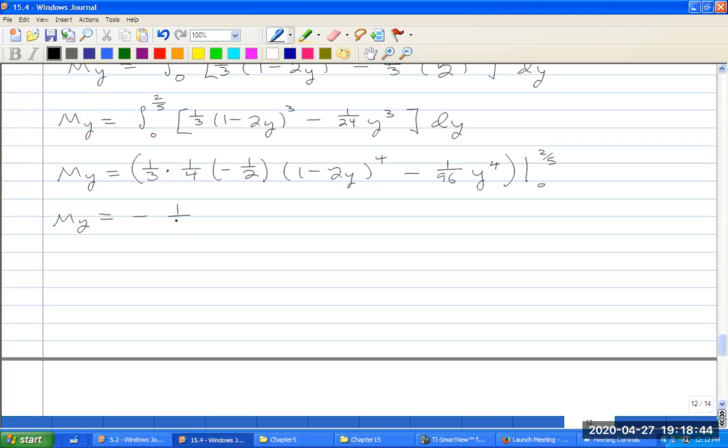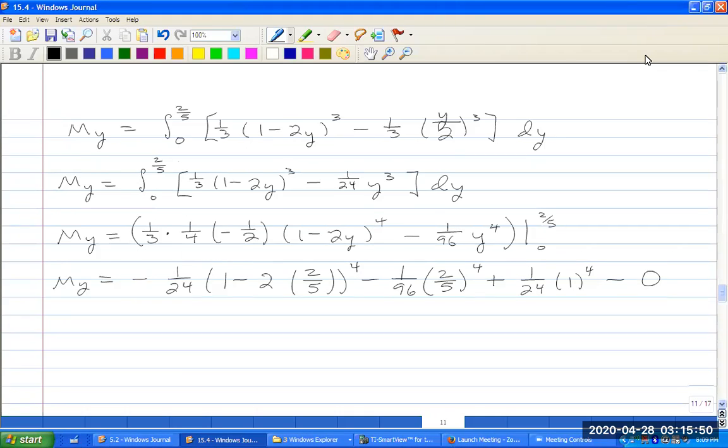minus 1 over 24, 3 times 4 times 2, times 1 minus 2 times, plug in 2/5, to the 4th, minus 1 over 96, 2/5 to the 4th. Plug in 0, so you get a minus, and the minus becomes a plus. 1 minus 2 times 0 is just 1 to the 4th. And then plug in 0, you get